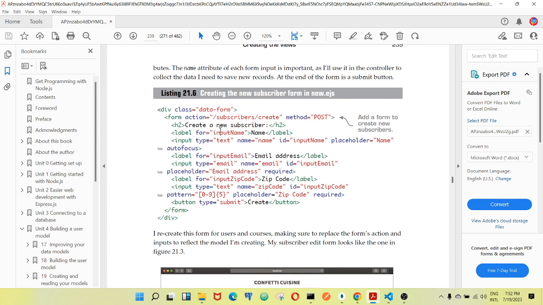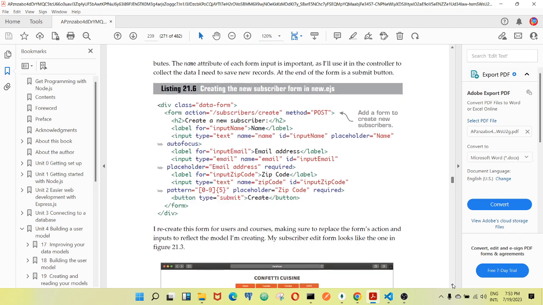It will have a heading that says "Create a new subscriber," and then it will have a label for a name, which will be of type text. It will have email of type email, and the email address will be required. It will have the zip code, where also the zip code is required, and it will have a button to create, so basically to submit